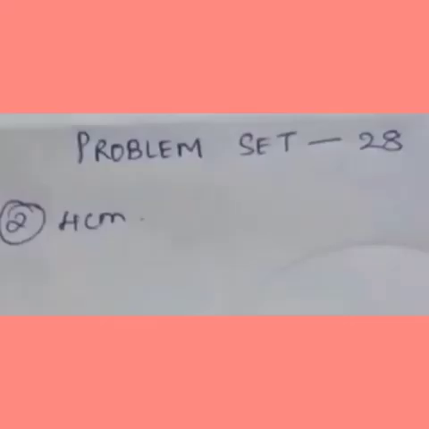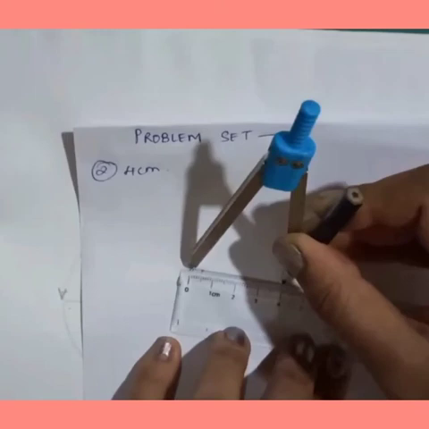Now second is 4 centimeter. Again the same way, we have to place the first 0 to 4. We measure that 0 to 4 in your compass. Now you want to draw a circle of 4 centimeter. So take a pencil and needle at this distance, 0 to 4 centimeter. Use your compass and draw the circle.